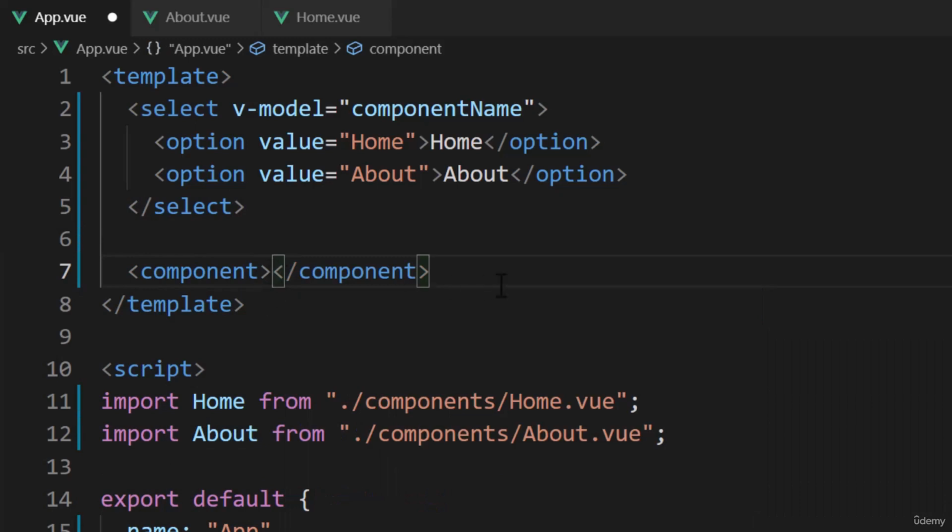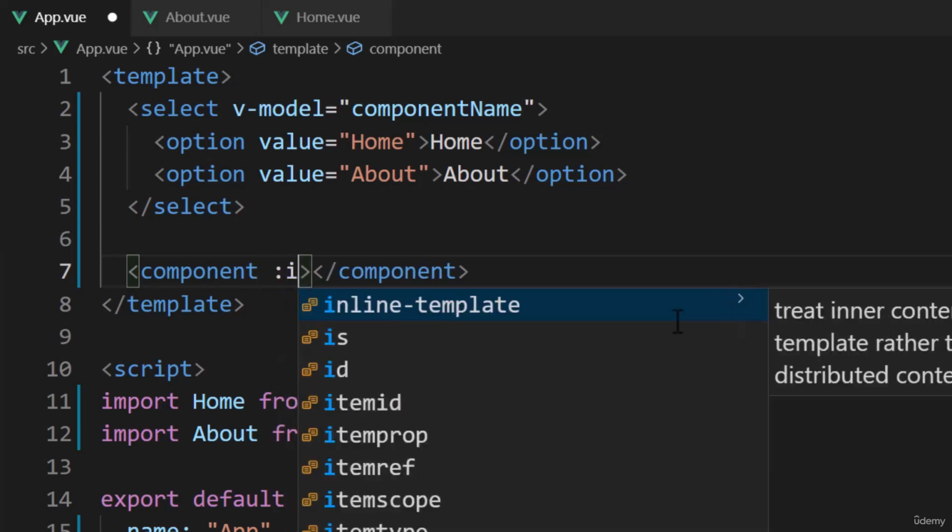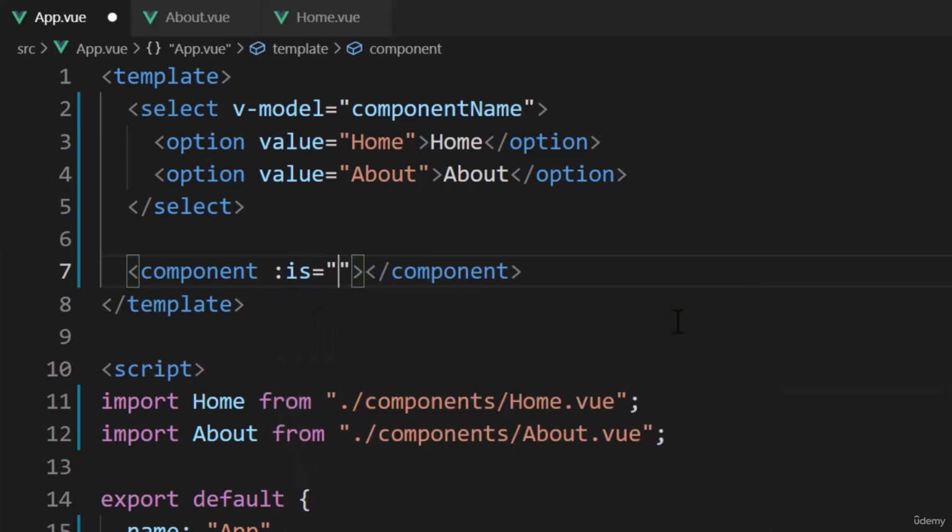The Component component allows you to load in a component dynamically. You can think of it as a placeholder for the actual component. To set the component to load, we need to add the attribute is. We'll bind it. The value for the is attribute must be the name of the component that's registered globally or